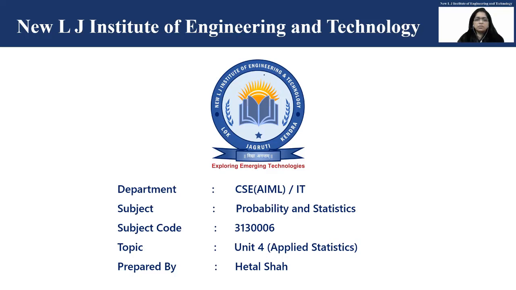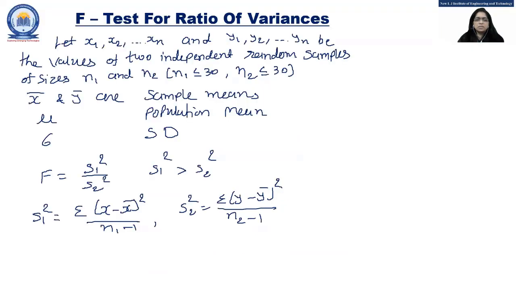Today we are going to discuss the subject probability and statistics. In this subject, the F-test for ratio of variances. Here, let x1, x2 up to xn and y1, y2 up to yn be the values of two independent random samples of sizes n1 and n2, where n1 is less than or equal to 30 and n2 is also less than or equal to 30, where x bar and y bar are the sample means and mu is the population